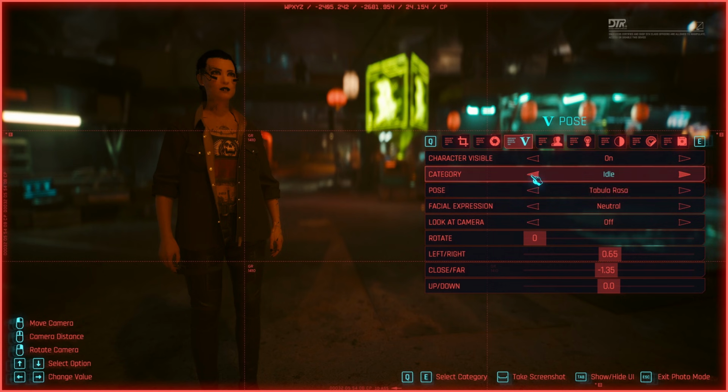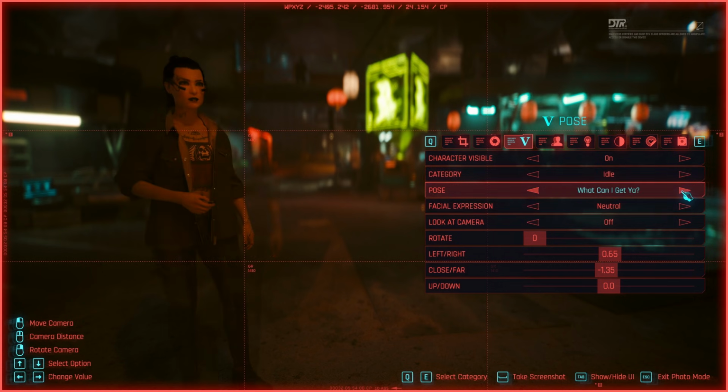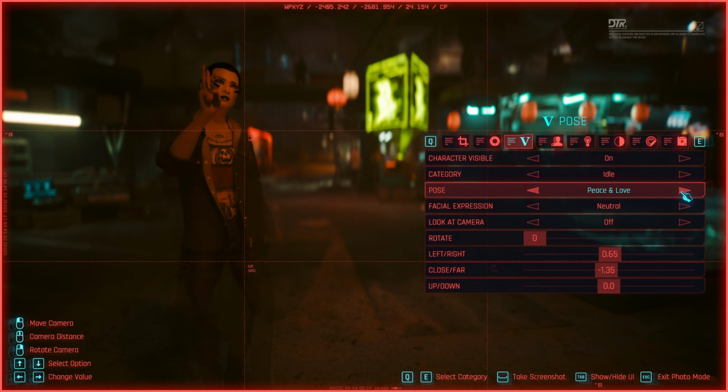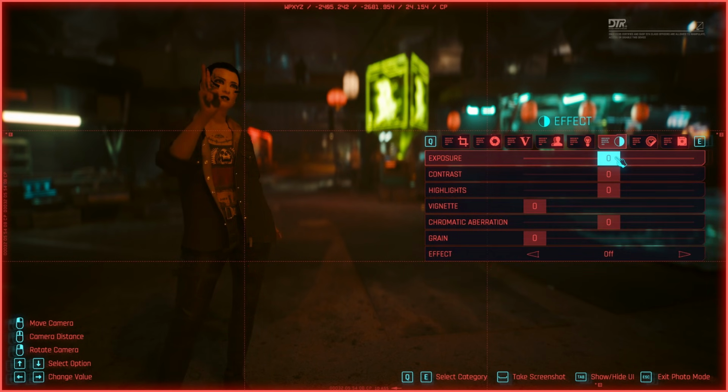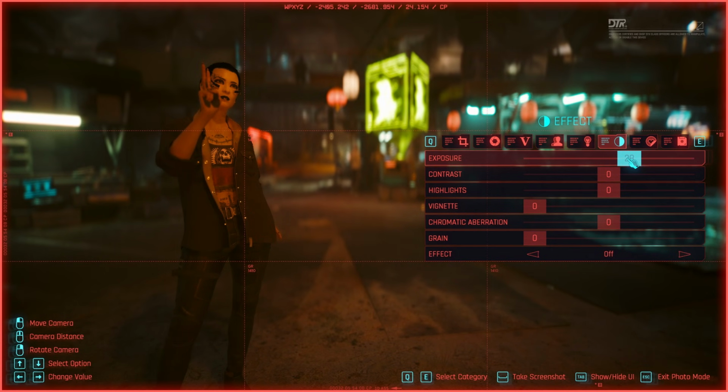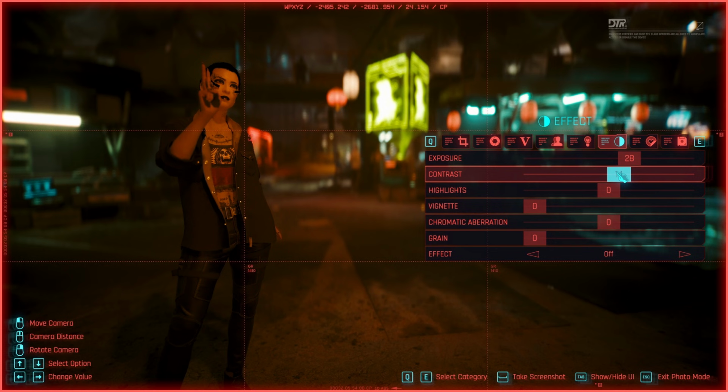And the idle, we'll start with idle. And most of these are kind of ones that you might want to do. Let's bring up the exposure some more again so we can see this a little bit better. There we go. And contrast, by the way, will also darken the image, so it brings out contrast, and I'll go over this in the next video. Increases the range of tones, so you get better definition of colors in a way. All right, so let's go back to V,